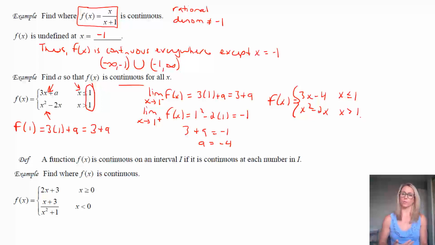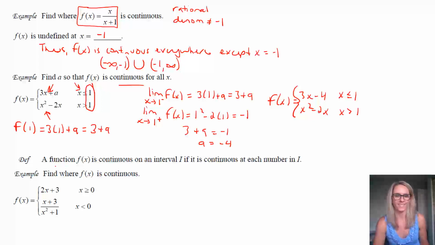If you were to graph those two pieces, you would notice that they are going to meet at the point at x equals 1, and it looks like the point (1, -1). One of them is going to go like this, one's going to go like this, but you're going to have continuity. You could go and not have to lift up your pen if you were to draw. Okay. One more here, and then maybe we'll take a break.